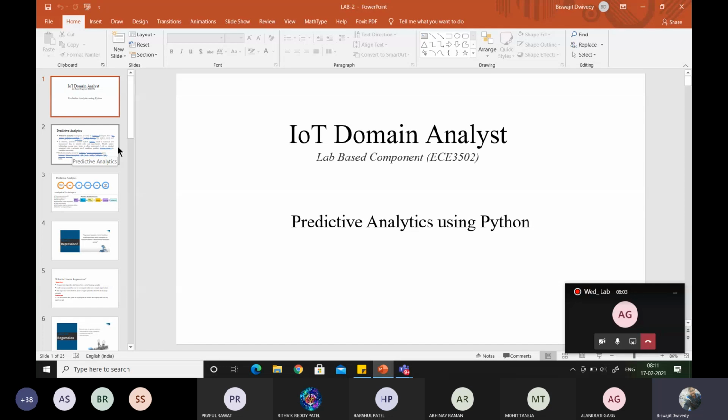Next, we can also use those data for prediction. Prediction means we will be predicting the future value of the product after 5 years, after 10 years, after some years. We will be predicting the demand of the product. These types of things can be done by analyzing the data. So predictive analytics is based upon this concept.